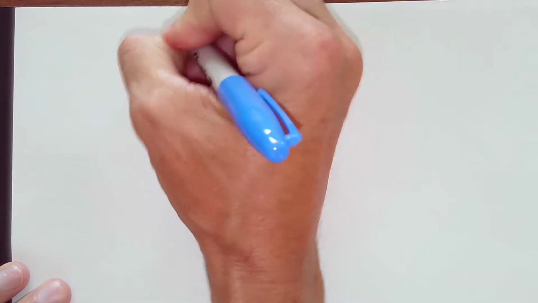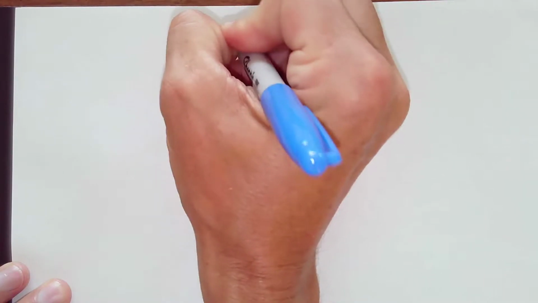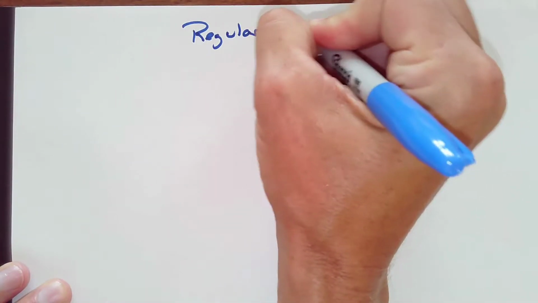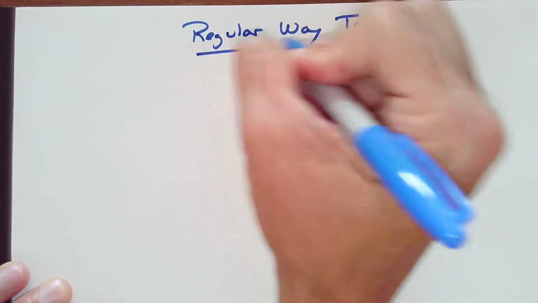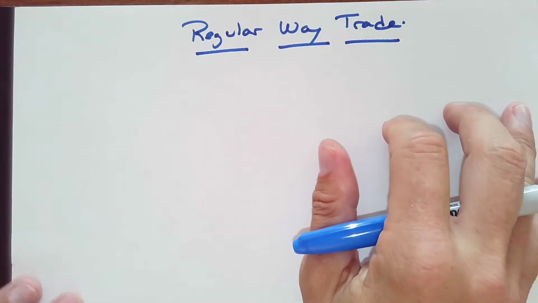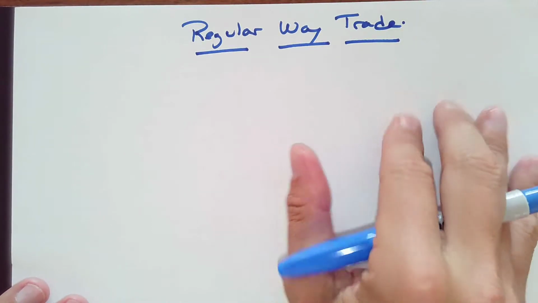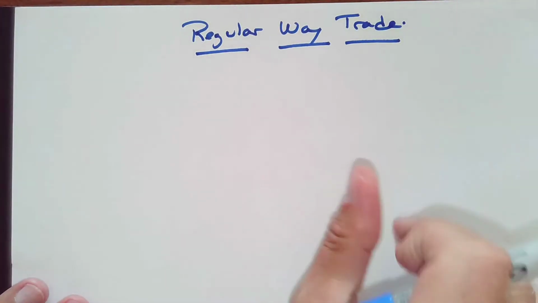So the next exception that we want to chat about is what we refer to as regular way trades. Regular way trade. So what is a regular way trade? Well, when you buy a security from an exchange, so you buy Apple stock,